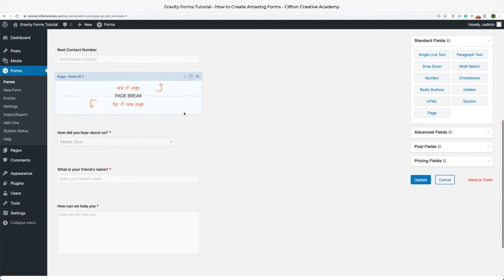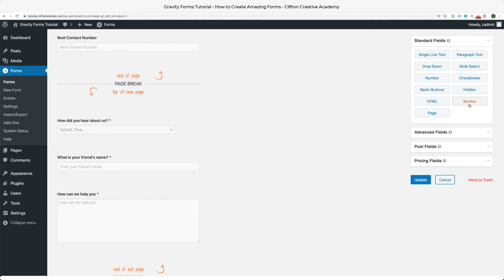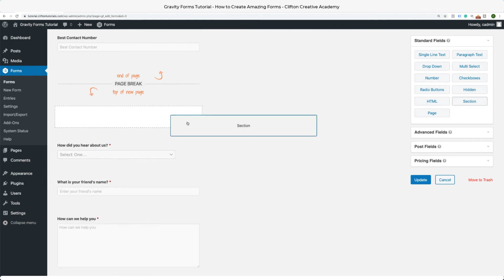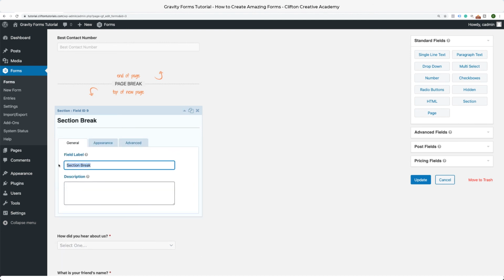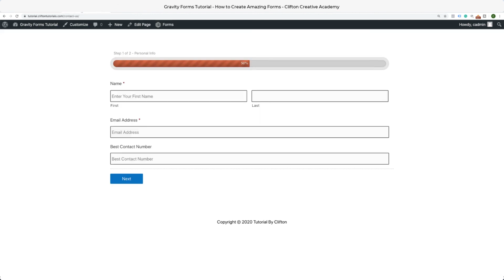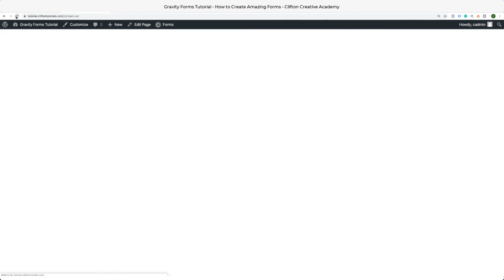This makes my form even more user friendly. Then I can grab another section here. All right, and we can say referral and message. If I click update and I go to the Gravity Forms, go ahead and refresh that now, and